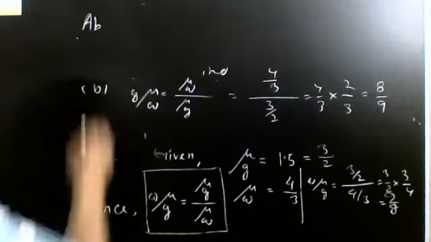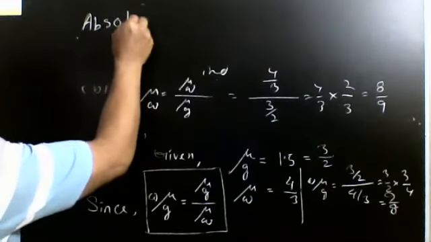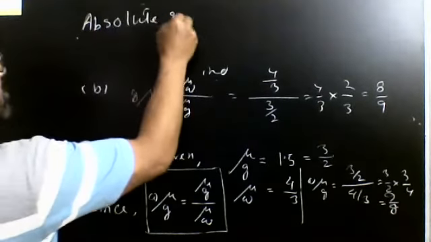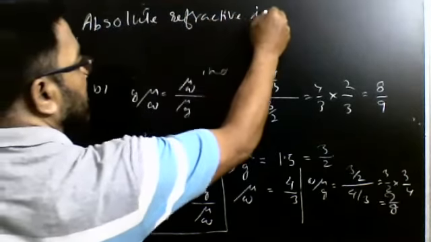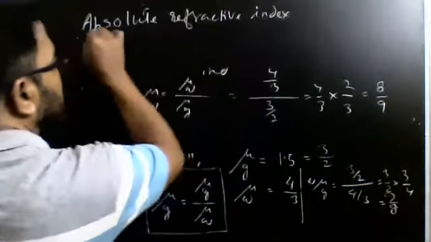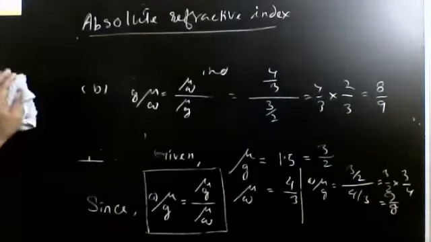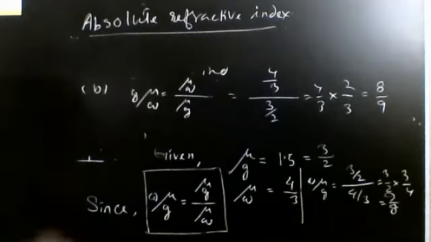So how can we find this formula? Let me explain. Starting from absolute refractive index, as you know, what is absolute refractive index? When a ray of light